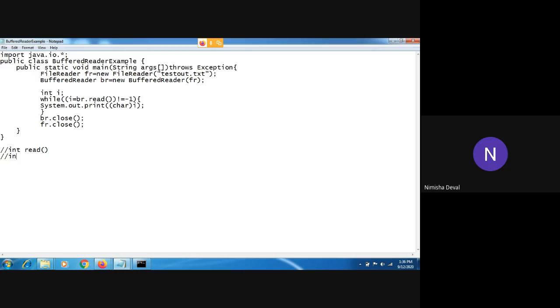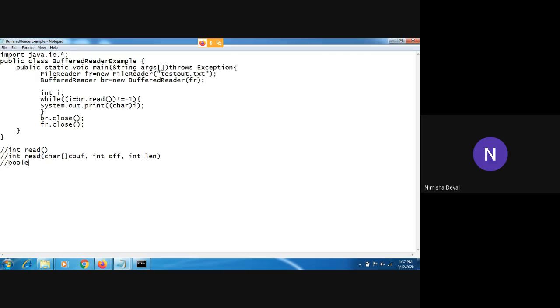Next, in the next read method there are some parameters. You can read into an array of characters, then an integer length, so you can read a particular portion of that buffer, meaning the character array.